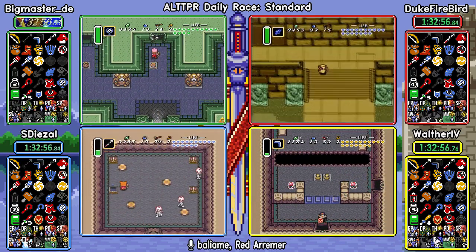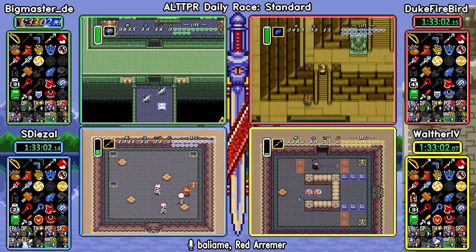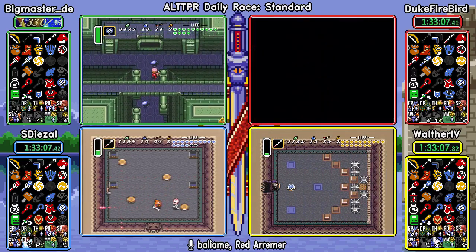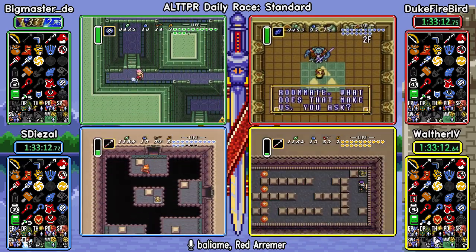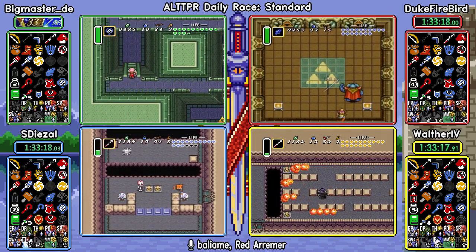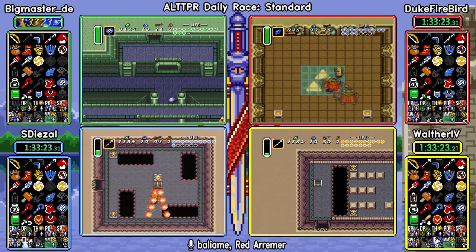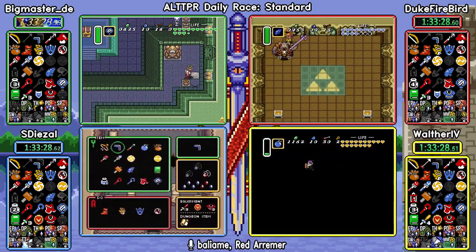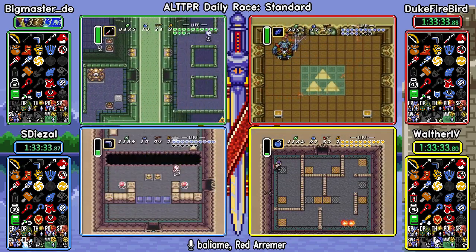Yeah, I don't think that unless Duke Firebird falls a couple more times or dies, that either of the runners will be able to catch up, because they still need to get the key from Bob's chest, and go up the entire gauntlet, kill Aghanim 2, and then they're back up, and that's not as quick as taking down Ganon. It's not true. I'm being a little bit overly optimistic here, but do note that